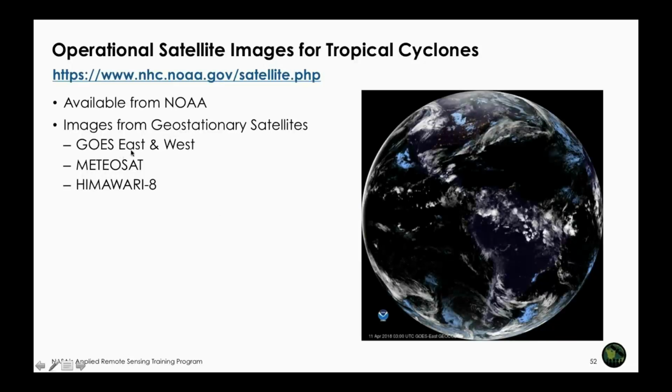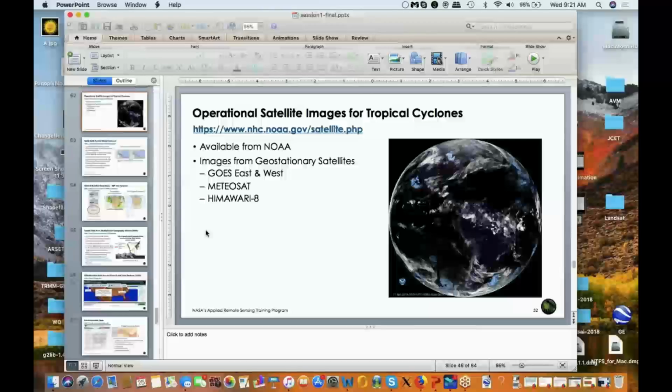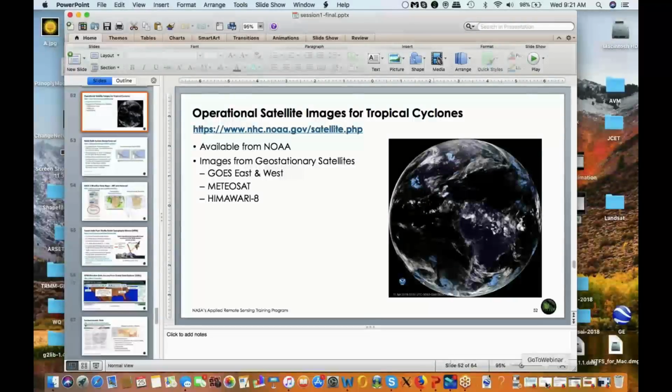For the Atlantic and Pacific Oceans, there are two satellites that go east and west. Multiple series of satellites have been launched over the years. And then Meteosat covers Asia as well as part of the Indian Ocean, and part of the east coast of Africa. Himawari is a Japanese satellite that covers the Pacific Ocean. So for continuous or near real-time coverage of a storm, one can see